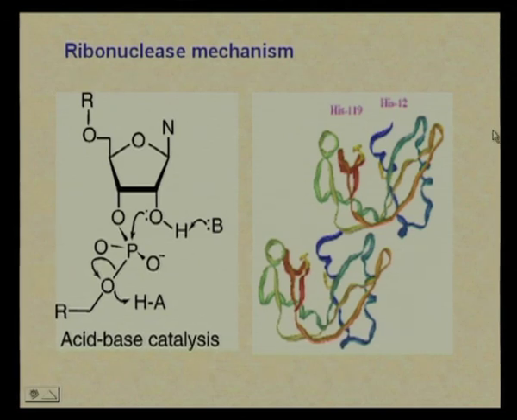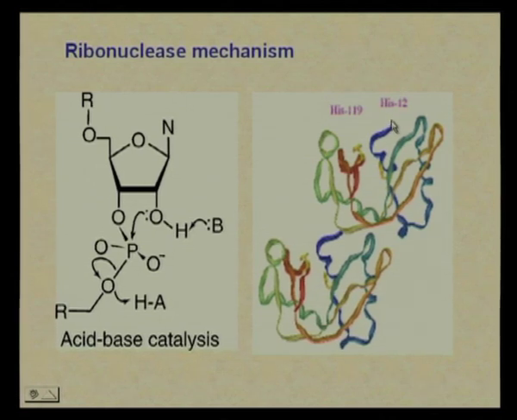If we consider the overall structure, there are two histidines, histidine 12 and histidine 119. These are the two catalytic residues for ribonuclease A. In the mechanism we will study, the histidines act as proton donors